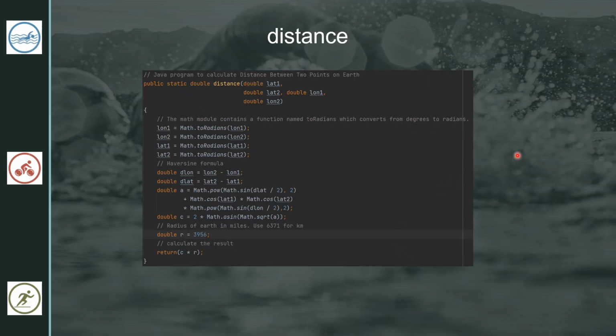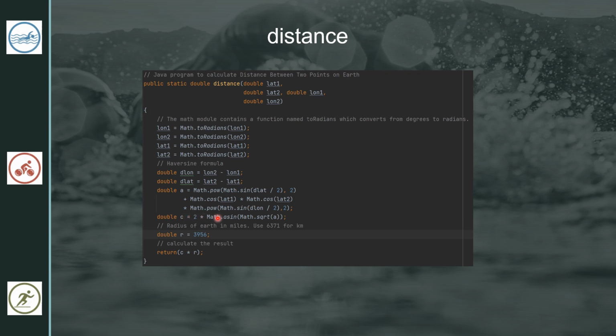And this here is your pretty basic distance formula. I just got this straight from the trusty old internet, and it just takes 2 latitude and 2 longitude coordinates to calculate the distance. Of course, first you have to convert from degrees to radians, and it uses the Haversine formula, which is simply this: c